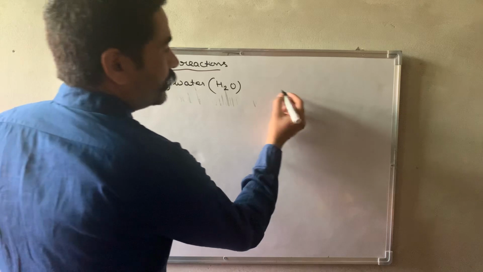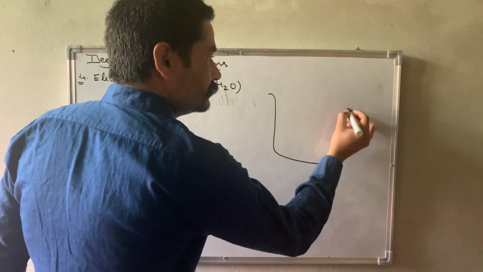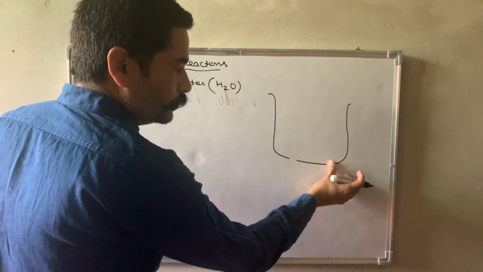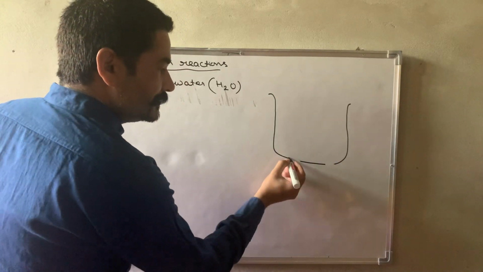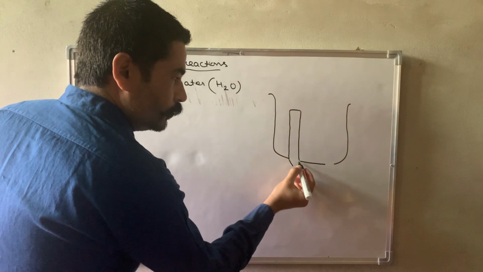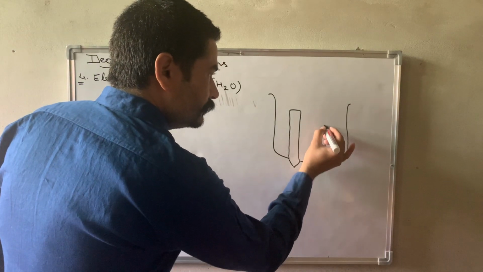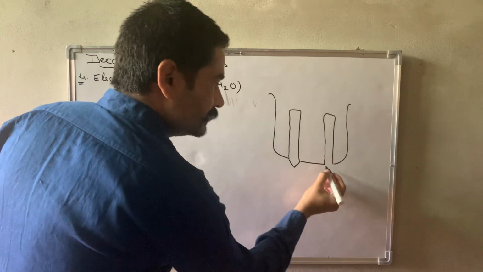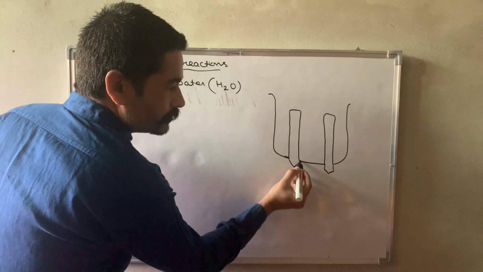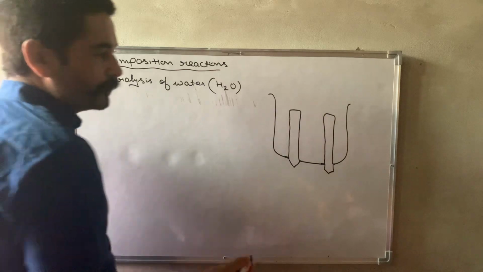What do you have to do? In any beaker, it can be a plastic mug also, make two holes at the bottom, and then insert carbon electrodes in these holes. Okay, so this is one carbon electrode. In the same way, I am inserting the second carbon electrode in this hole, and you can use rubber stoppers so that water does not leak from these holes. Okay, use the rubber stopper for that.